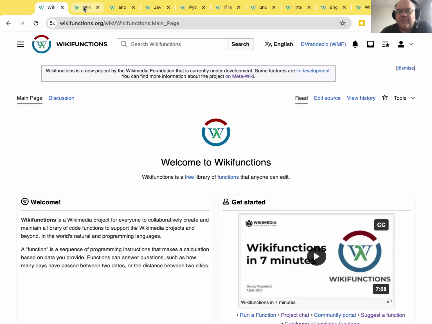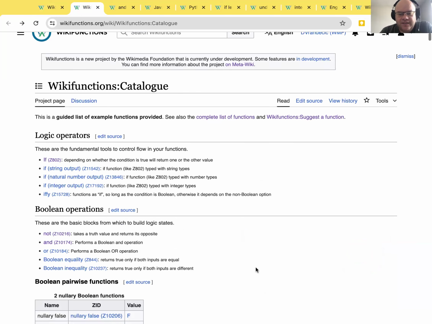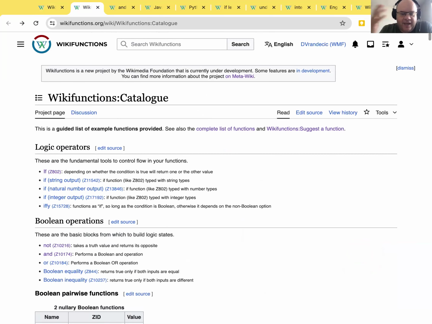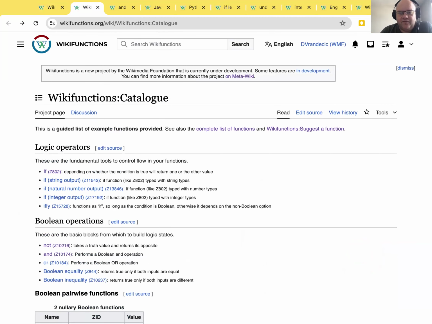Because it's only 7 minutes, I'll run a little bit fast in the beginning, but I hope you'll have enough time then to catch up. So we started only end of last year, and we currently have about 1,300 functions or so in the system. It's mostly constrained by the types that we have already introduced. So we started only with Booleans and strings, and we added pretty late actually numbers and stuff like this, only a month ago or something. And people are building functions out of these.